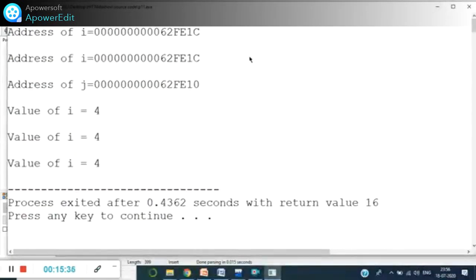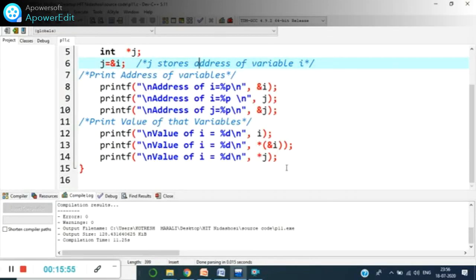So I think you now know how to print the address of a variable through the pointer variable, the address of a pointer variable, and the content of the variable through pointers.